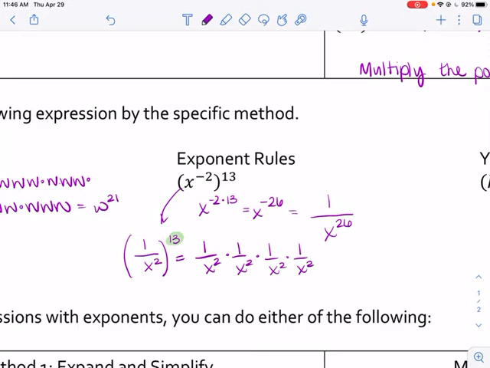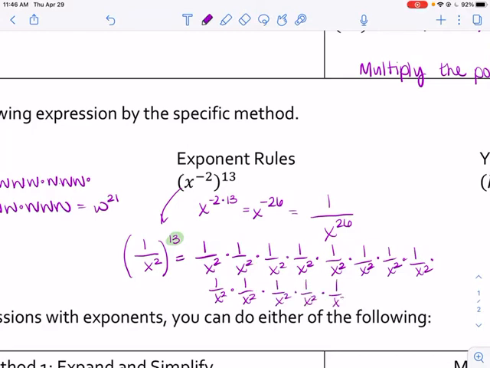I would recommend not doing this for every problem, but I usually do this once every time I come back to exponents just to remind myself what they mean and what the rules are, because sometimes I forget. Okay, I have 8, 9, 10, 11, 12,